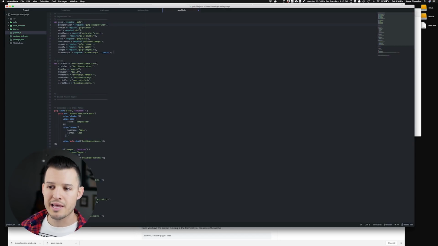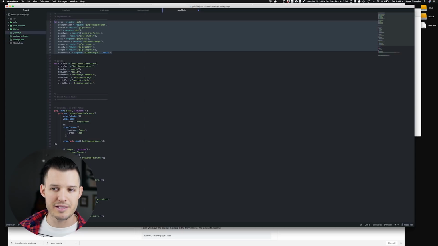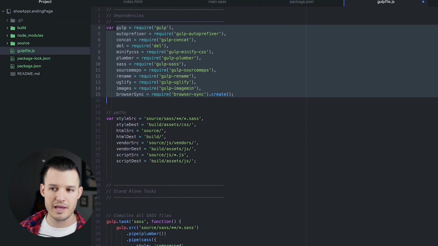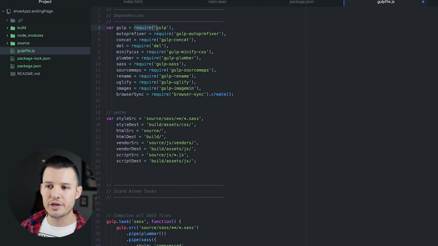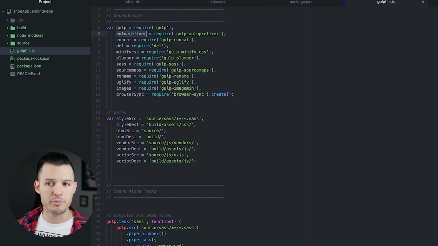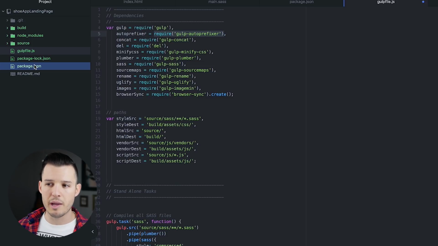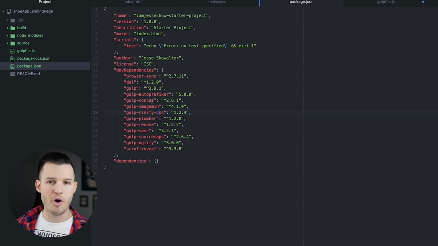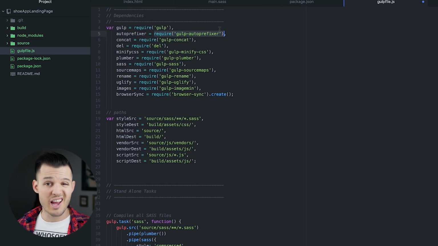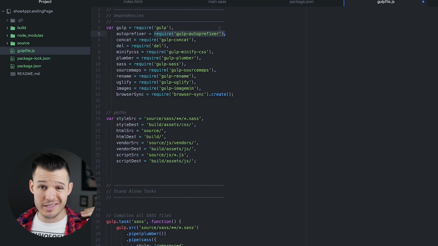The first thing it's doing is creating a list of dependencies. I've created a group of variables. Each of them has a name, and it's saying go out and require all the files related to Gulp. And then all of those other packages or plugins, whatever you want to call them, I've done the same thing. I've said in my project, I want to do some auto prefixing, so I want to require autoprefixer in the project. This all came from our package.json. So all of those things got downloaded and installed into our project. And now I'm just saying, I require those. I need those. Make sure they're accessible to me.